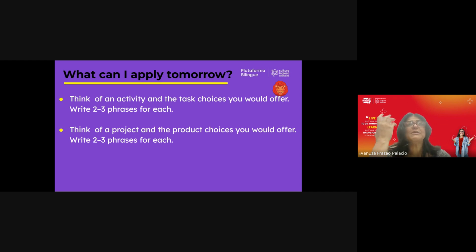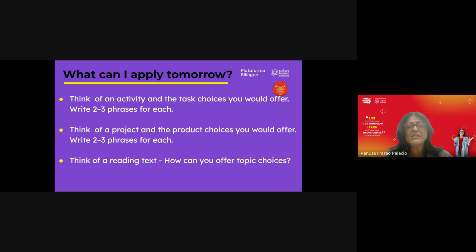So for example, let's suppose the project is about producing a cardboard presentation, but you can also offer your students the opportunity of creating a presentation on a slide, or a presentation in the shape of an infographic, something like that. So I mean, offer your students different outcomes for the project. Okay, and